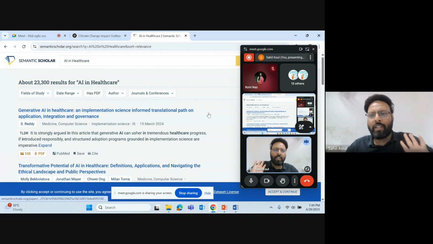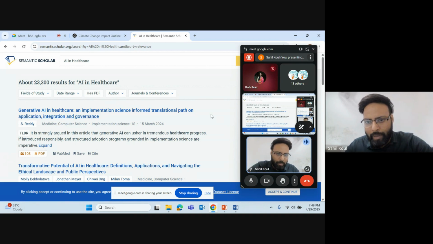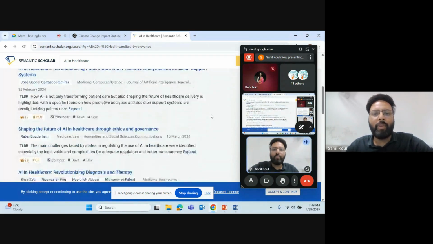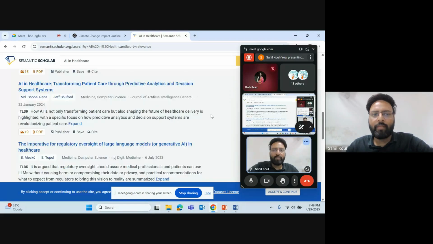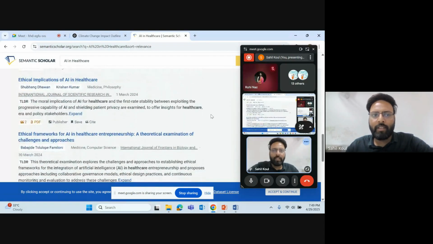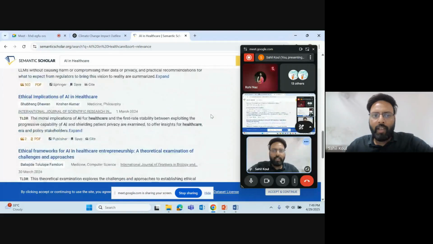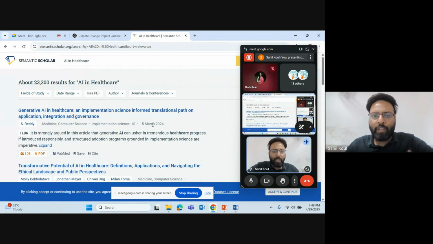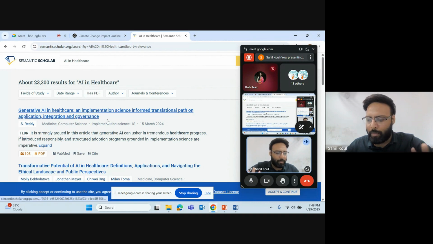So see, just like Google Scholar gives me papers, it gives me a list of papers, correct? And the papers come with a date, 15th of March 2024. This is Medicine and Computer Science, and he is the author of the paper, correct?